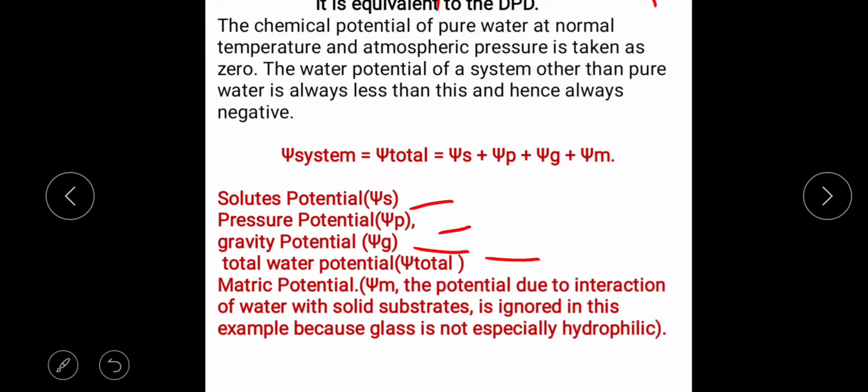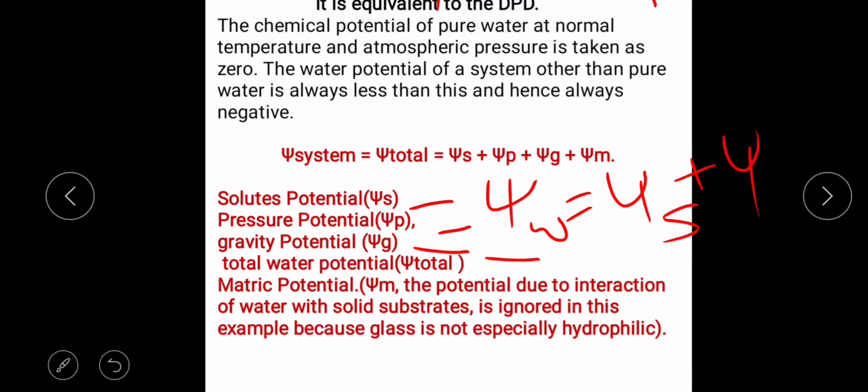Now if you talk about it, basically the psi w, or the water potential, is equal to psi s plus psi p basically, and these two terms, psi g and psi m, are neglected because their values are very small. Psi g is the gravity potential, whereas psi m, the matric potential, that is the potential due to the interaction of the water with the solid substrates, is ignored in this example because its value is not